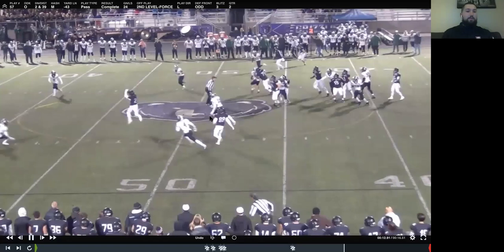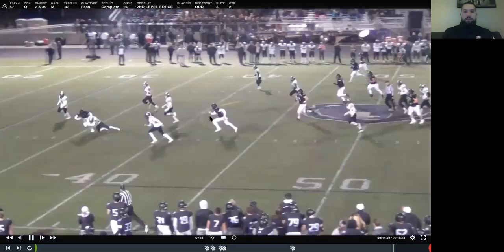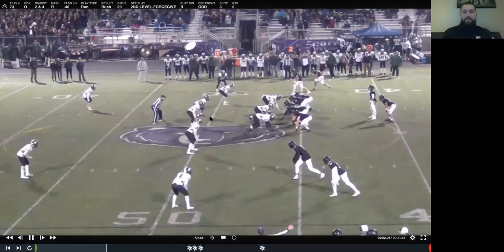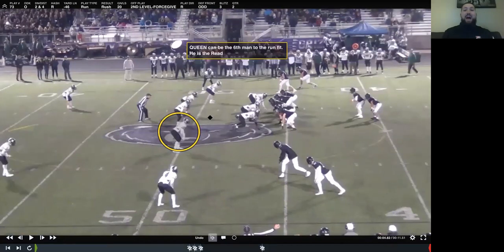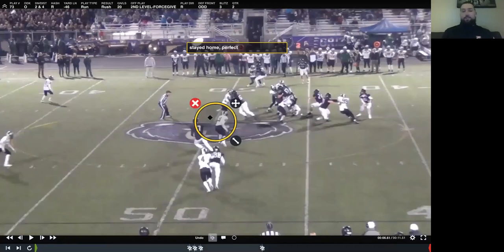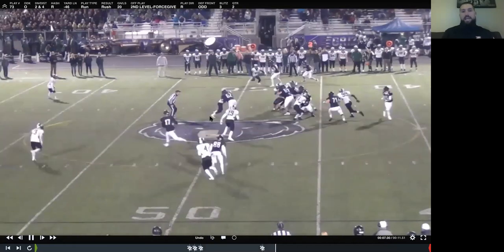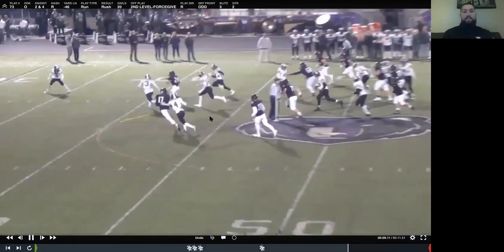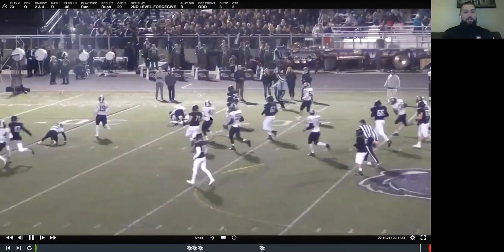2 over 2. 5 against 5. Where can they get +1 from? He can be the 6th man to the run fit. He stays out. Now, he doesn't step to the run fit. He flat foot reads. And I just talked about this, right? I talked about how if he doesn't move, give the ball. Watch what happens here. Watch what he does. He gets his angle out run, right? And he doesn't get in on the tackle. So he stands still, give the football, right?